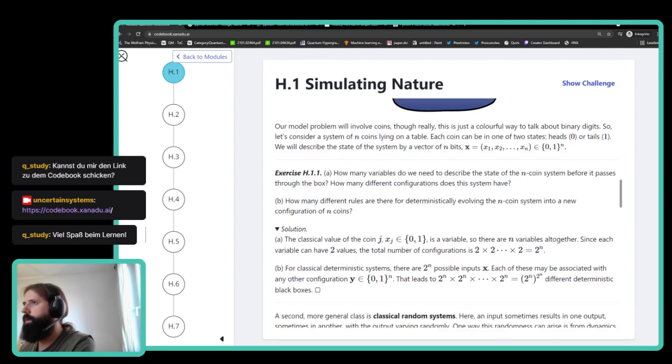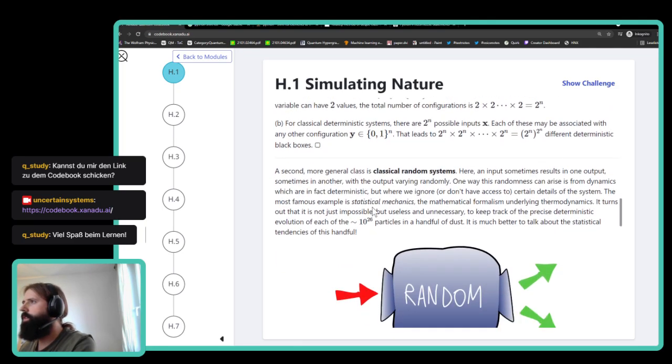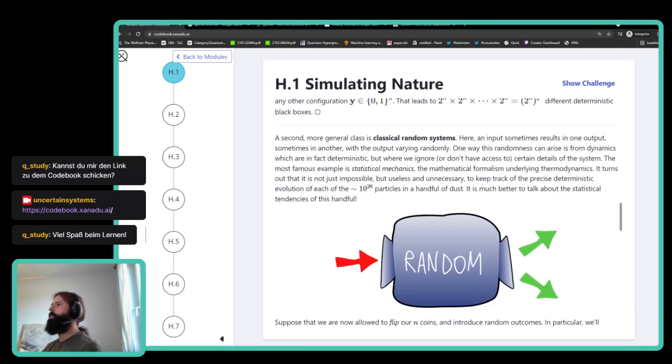Yeah. Cool. A second more general class is the random systems. Here an input sometimes results in one output, sometimes in another output, varying randomly. One way this randomness can arise is from dynamics which are in fact deterministic, but we ignore or don't have access to certain details of the system. The most famous example is statistical mechanics,